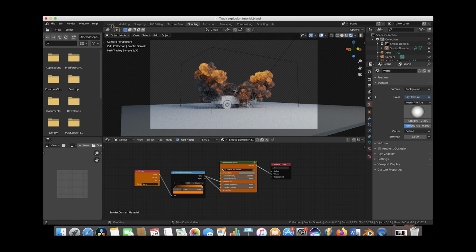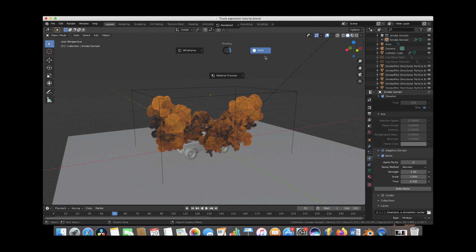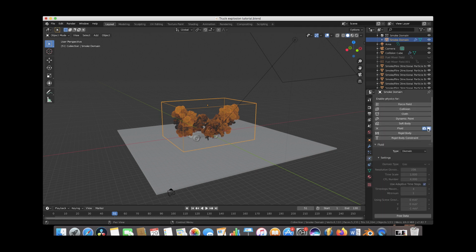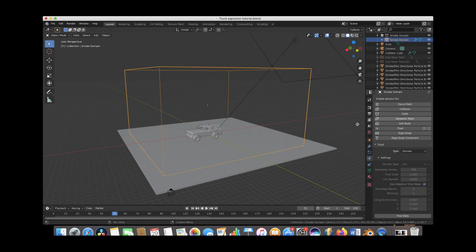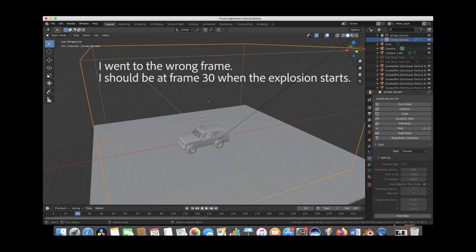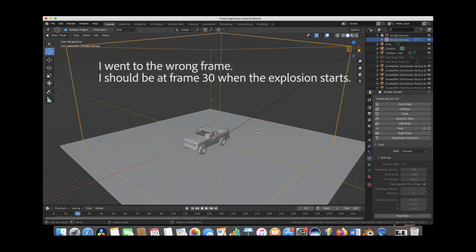So we're going to go to the layout mode here again, and we'll just go ahead and select our smoke domain, and we're going to go ahead and disable it for this part of the tutorial just so our computer runs a little bit faster. So under our smoke domain settings here, we'll disable the view option. We'll go ahead and go to frame 20 where our explosion starts,